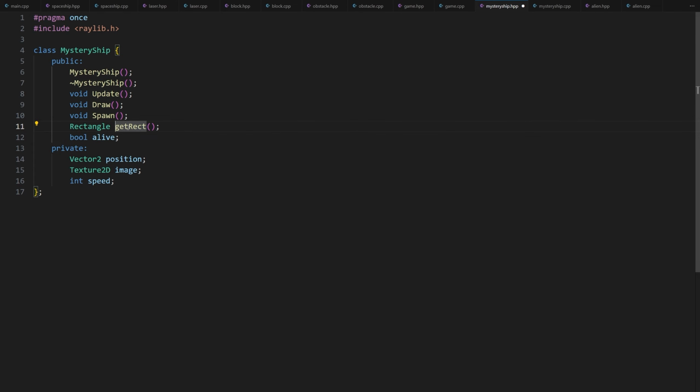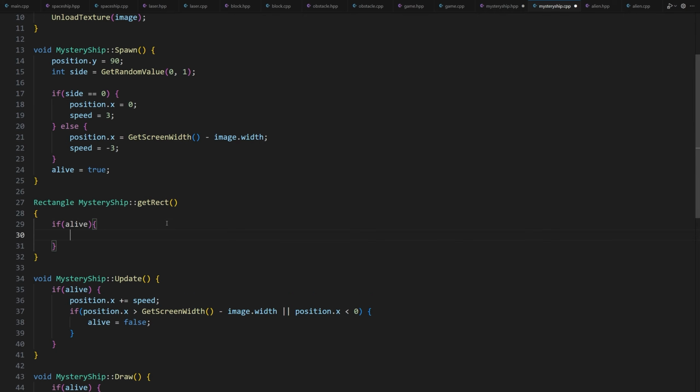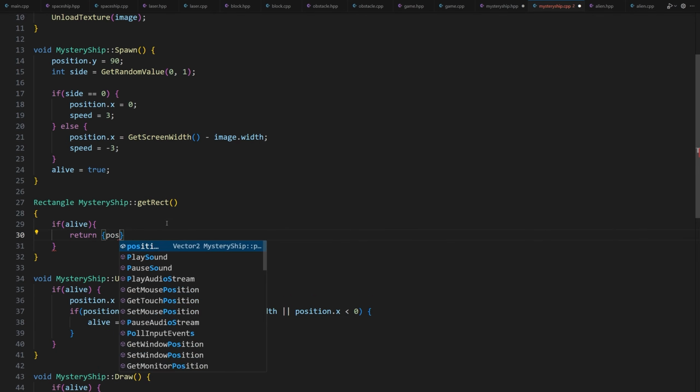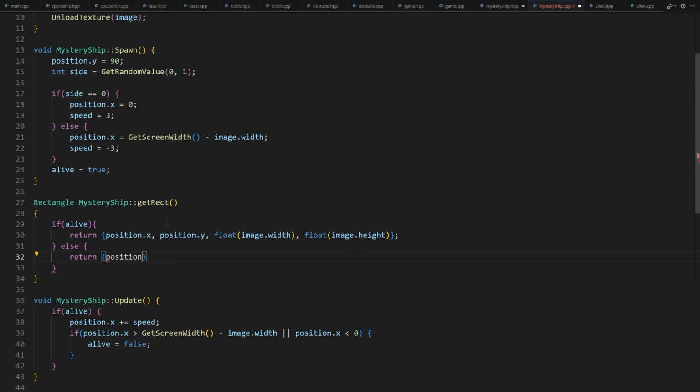Now let's implement it. The mystery ship object does not get destroyed. We only set its alive attribute to false when we don't want it to be visible. So we only want to be able to collide with some other game element when it is visible. So we type if (alive) { return {position.x, position.y, float(image.width), float(image.height)}; }. If it is not alive, we just return a rectangle with size 0. Else, return {position.x, position.y, 0, 0};